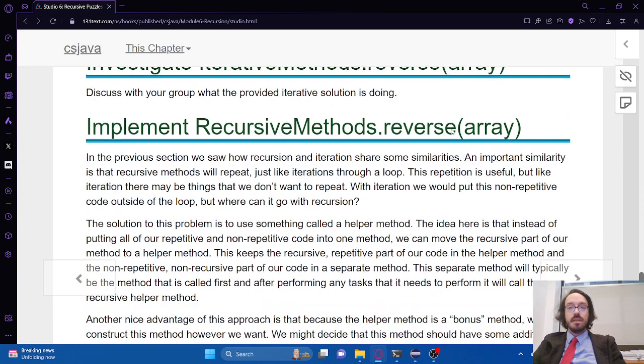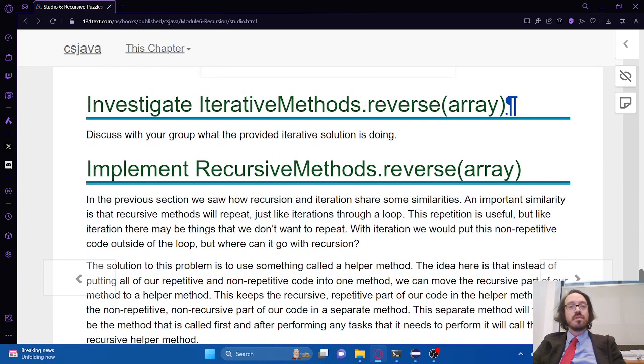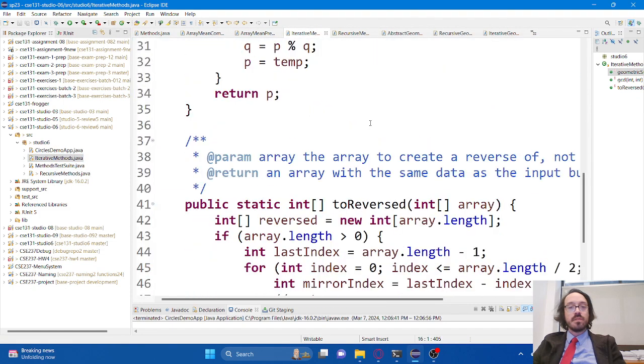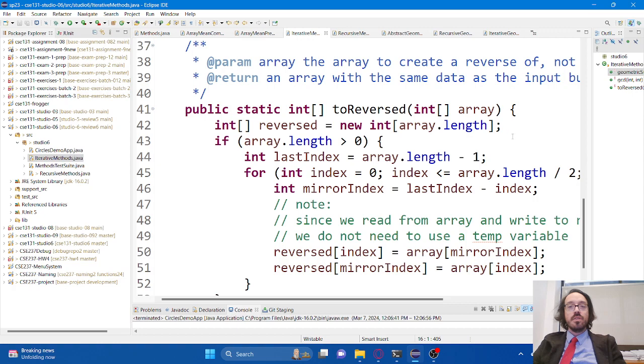Okay, let's move on to the next one. We're trying to reverse an array. So I'm going to do a recursive problem using an array now. So if I come back here, if we take a look at the way that we reverse an array using iteration, notice that it creates a copy of the array and then reverses it. So it's doing that by